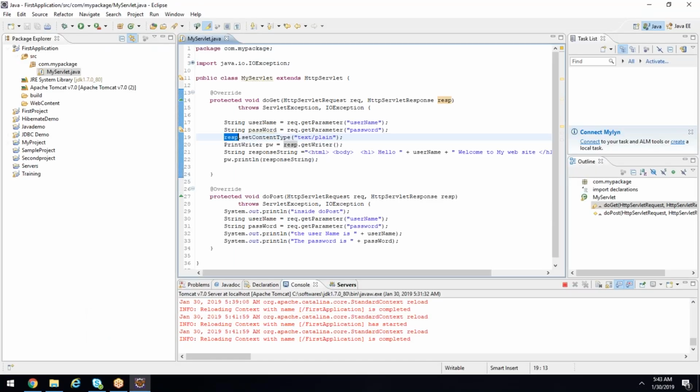The browser will not decode it because you said it's plain text, not HTML text, correct? When the response is sent to the browser, the first thing the browser will do is see what the content type is. The content type is plain text, so it will display the response as it is. But if you set the content type as HTML text,